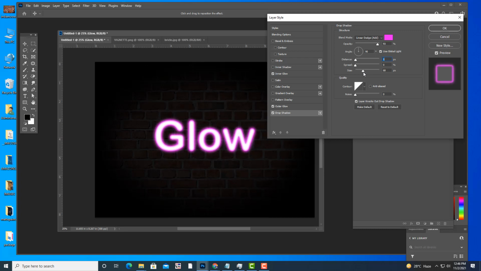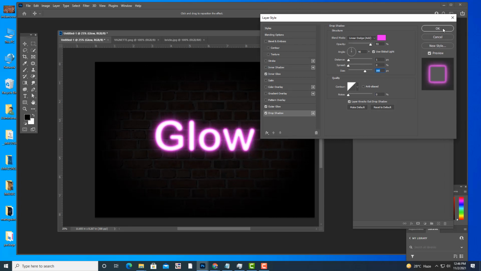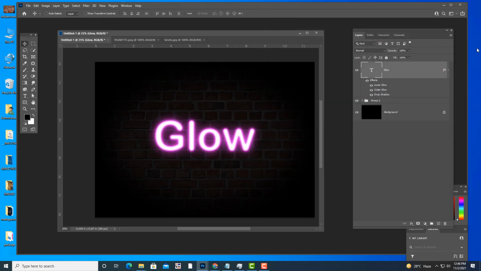What exactly this drop shadow is doing is, whatever lighting is there from the text, it is trying to put that lighting on the bricks wall. Okay, slightly we are able to see. Now you can see. Can you see the change? Now it looks as if there is lighting on the bricks wall also. Okay, now the next step. We have come till here. We want some amount of lighting to appear on the bricks wall also, so that we are going to get a perfect neon glow.